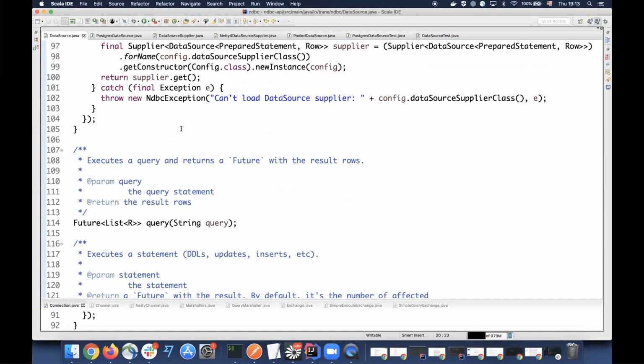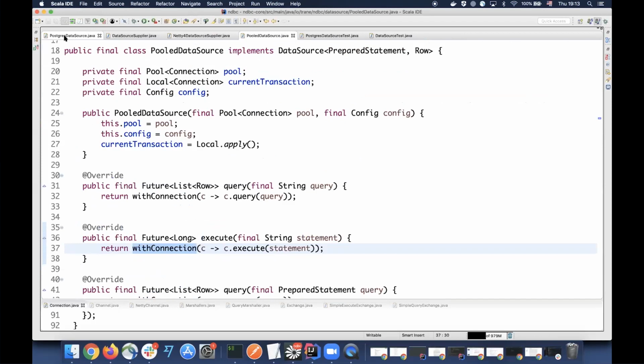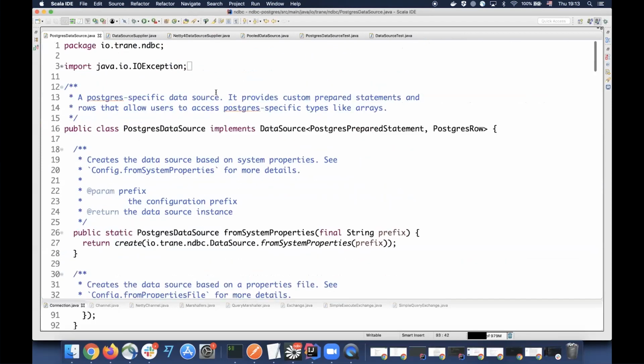You don't have to think about pools of connections and these sorts of things. We handle that as well. So we have data source, we have Postgres data source, we have implementations of data source. The whole thing is very well modularized because the idea is, it has to be simple to implement the other database drivers, and every time you decide to use one of them, you don't have to take everything, right? It should be light. You shouldn't have anything that you don't need.